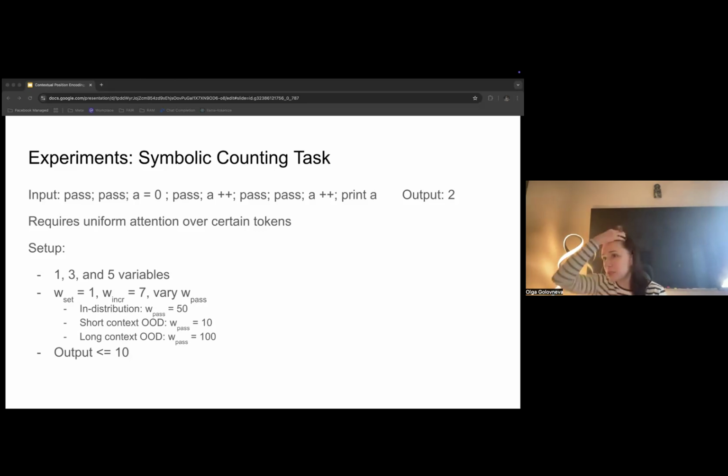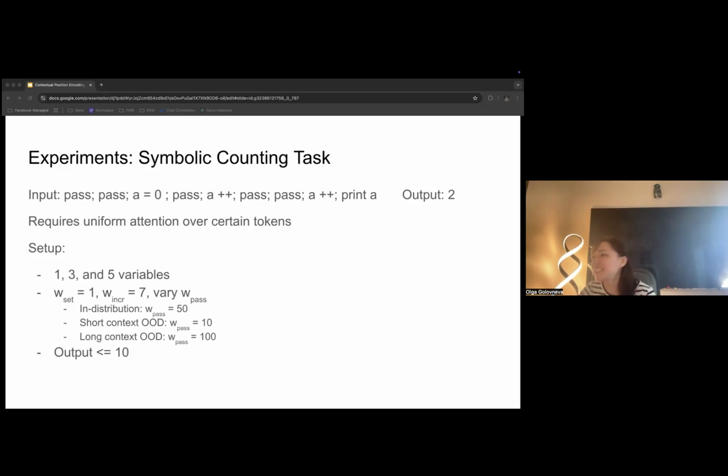Similar to the flip-flop task, it's guaranteed that at the end of each sequence we will have a printing operation specifying which variable we want to print out, because there can be more than one variable. We experiment with tasks with 1, 3, and 5 variables in the context.